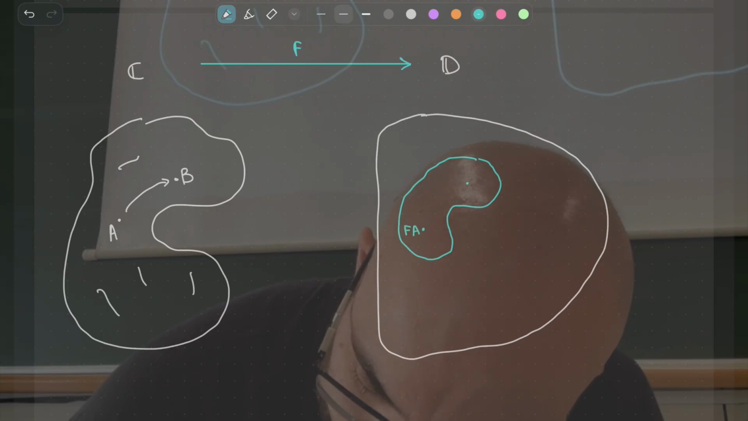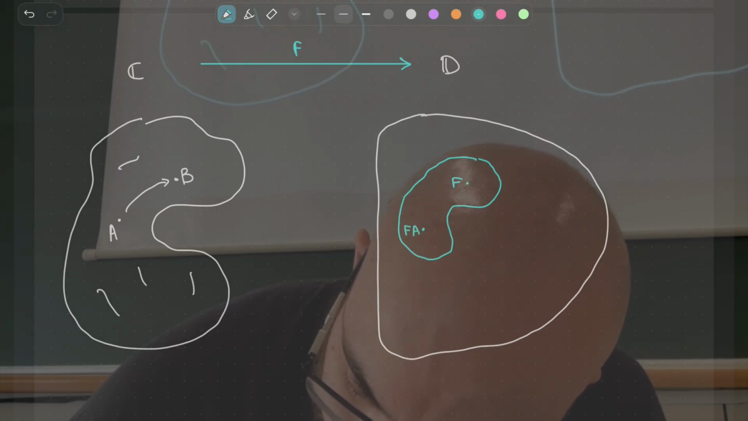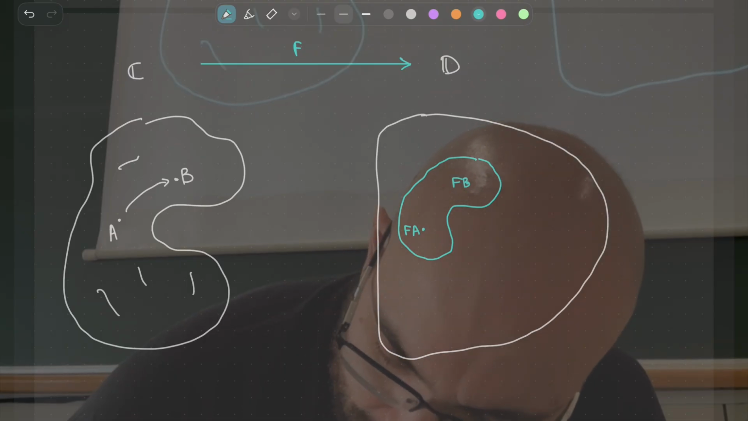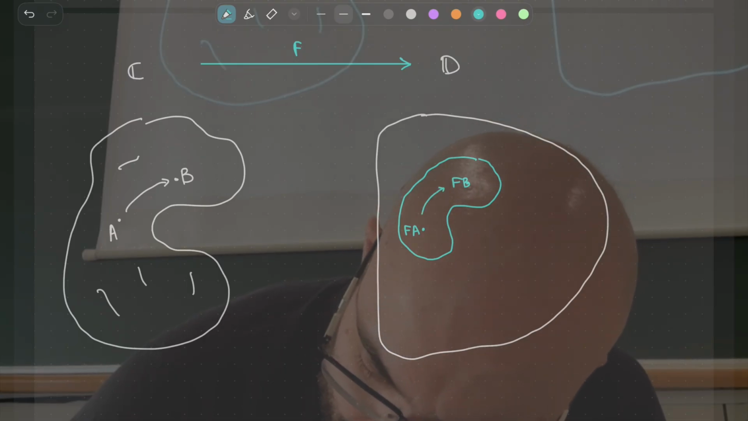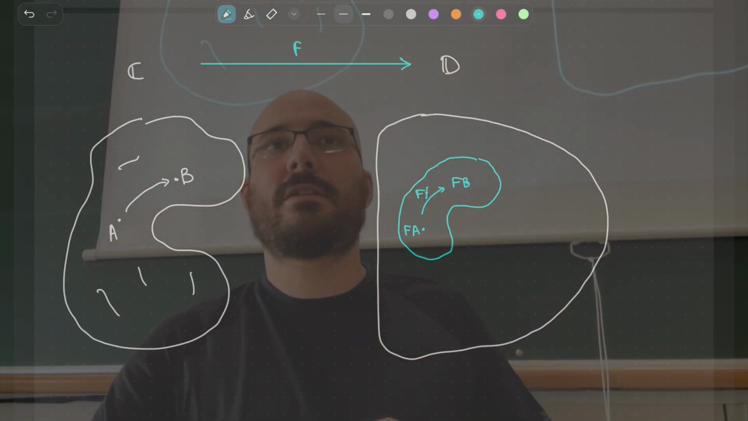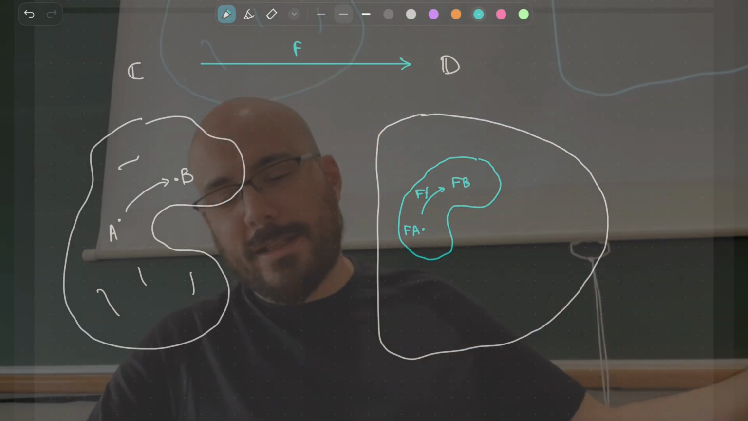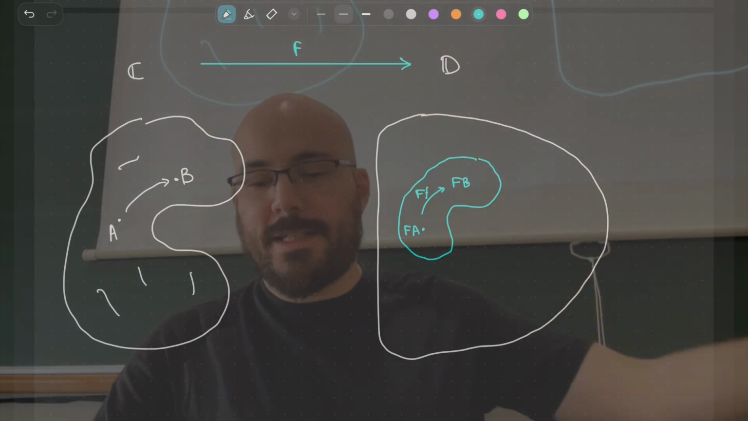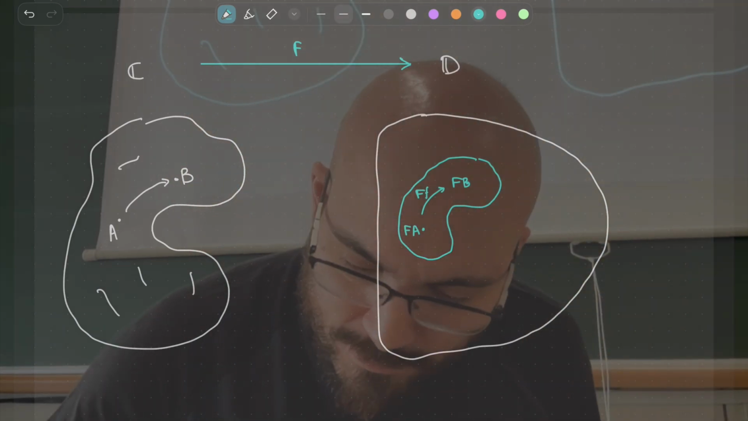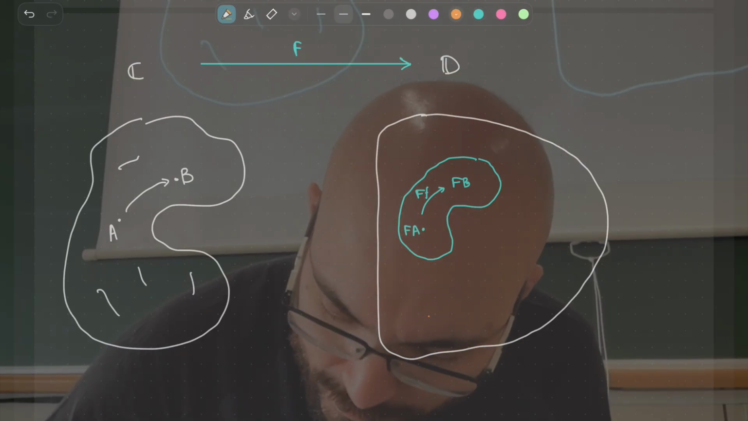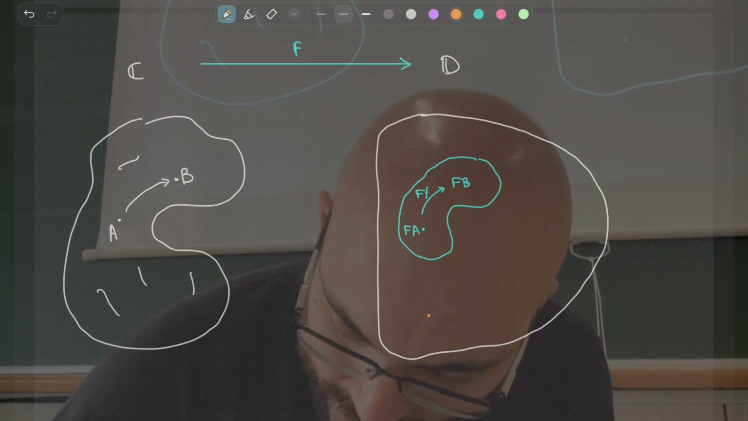This will be F of A, F of B, and this thing will also get translated to be an F of little f. Does that make sense? So now I can consider that I have a blue copy of C inside D. As we've seen, another functor would be maybe more brutal and send everything here